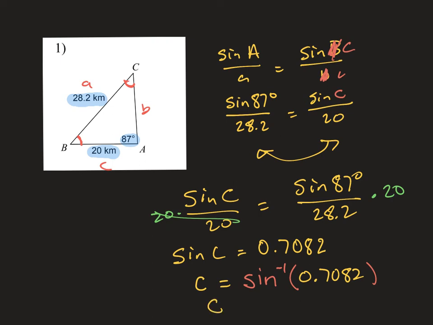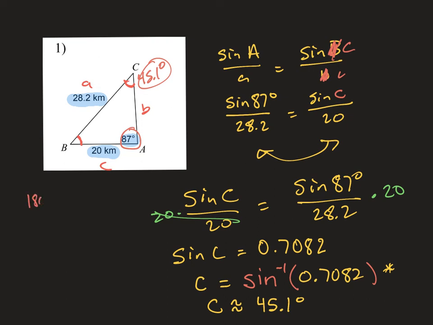So if I type that in on my calculator, here's what I get. And I'll just round this off to 1 decimal, so we'll make it approximately equal to, it says 45.08. I'm going to call that 45.1 degrees. So I had to use this little inverse trig function here on my calculator to figure out the angle. But once I get that angle, I can put that on the picture, right? 45.1 degrees. And now that I know the 87 and the 45, I can figure out the B just by